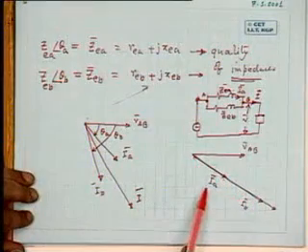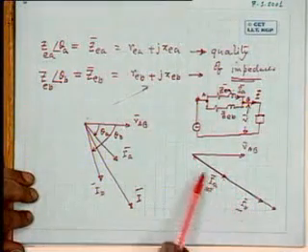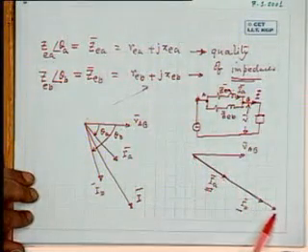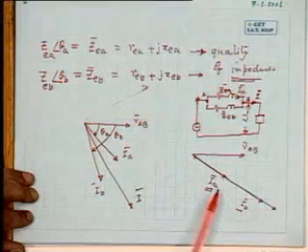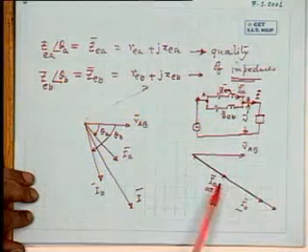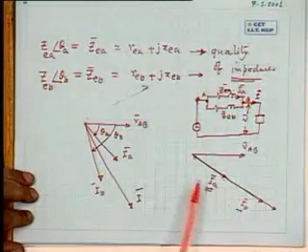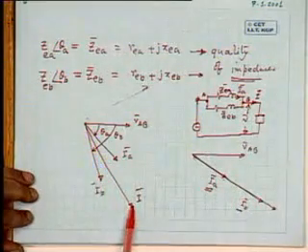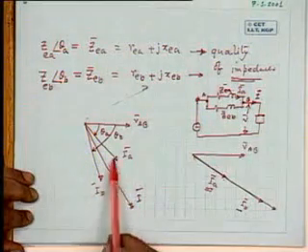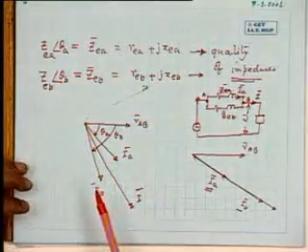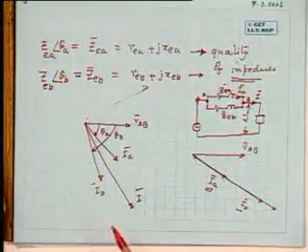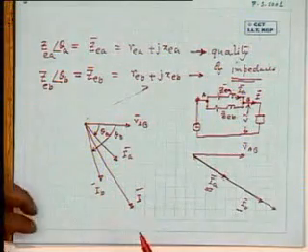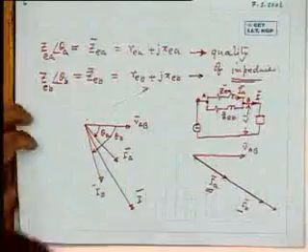So what you note here is this: when the transformers carry the rated current, the total kVA delivered to the load, or current delivered to the load, will be simply the algebraic sum of these currents. But if the qualities are different, the total kVA delivered to the load will be less than the total kVA they would have delivered if the qualities were the same.